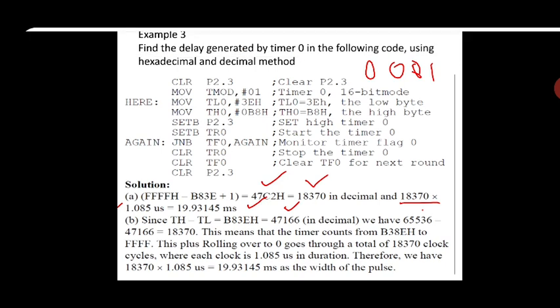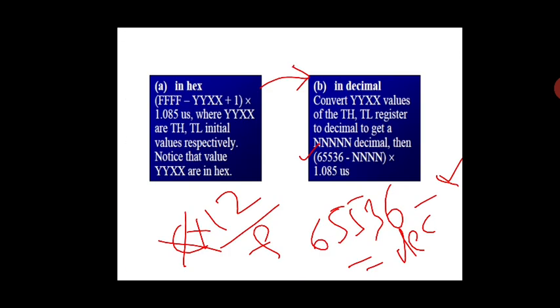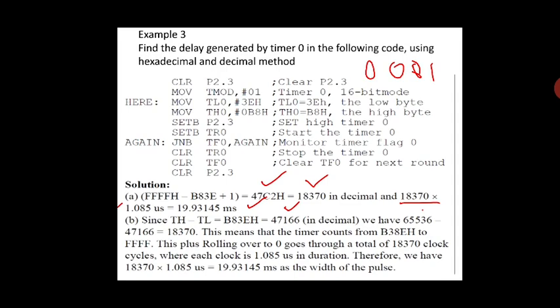Now I hope you can see here: 65536 minus NN. What is the NN value? 47166. You'll get the same answer. That's what I want to justify to you. This means FF